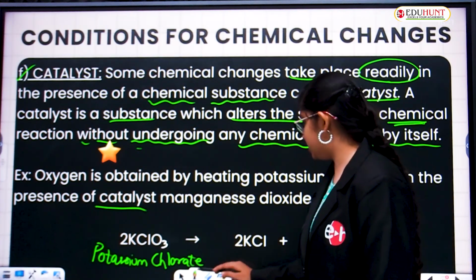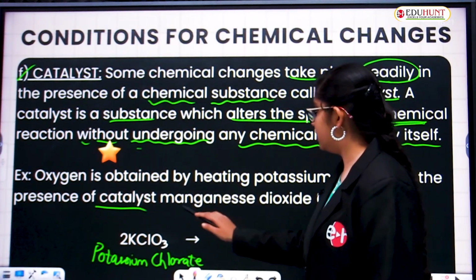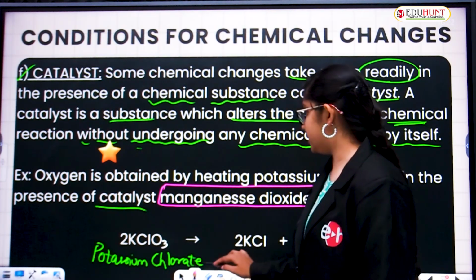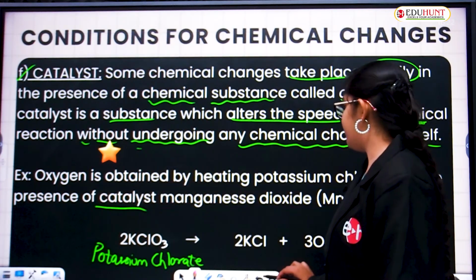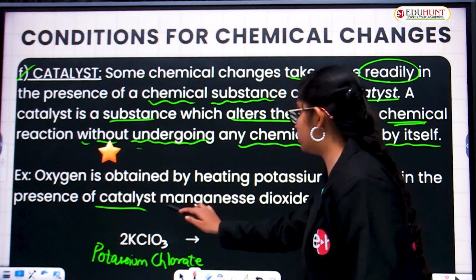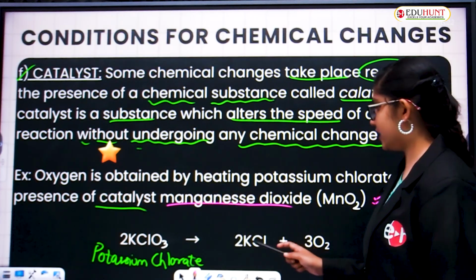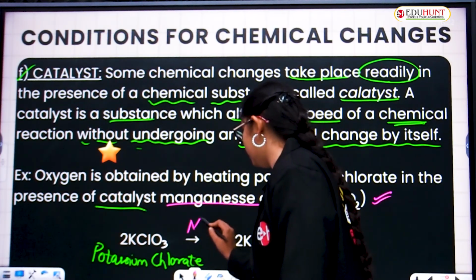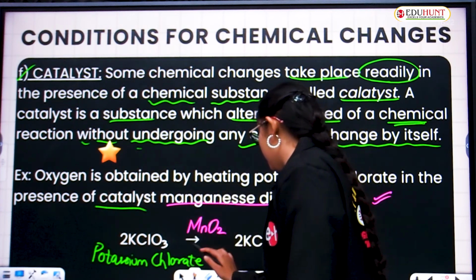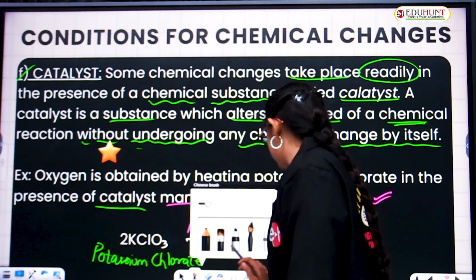ఏం కెటలిస్ట్? ఇక్కడ ఏం యూస్ చేస్తాం కెటలిస్ట్ని? కెటలిస్ట్ ఏంటి ఇక్కడ? మ్యాంగనీస్ డయాక్సైడ్. What is that? Manganese dioxide. ఇది కెటలిస్ట్. ఇప్పుడు MnO2 is a catalyst. So ఆ catalyst రిప్రజెంట్ చేయొచ్చు మనము. What you have? MnO2. So this MnO2 alters this chemical reaction into